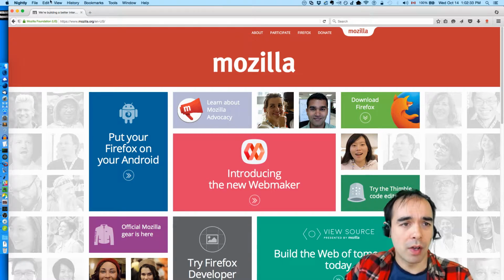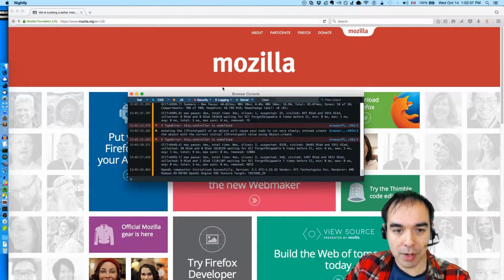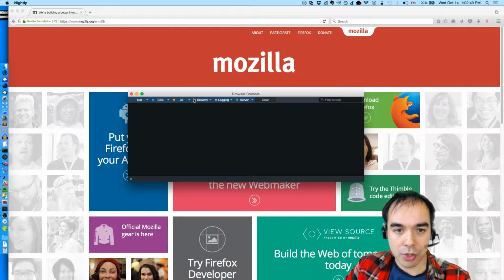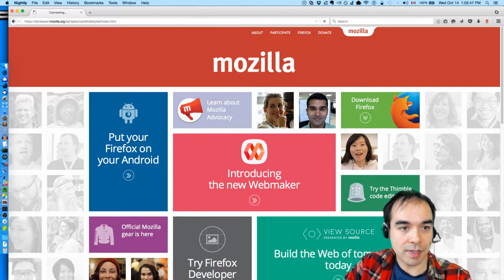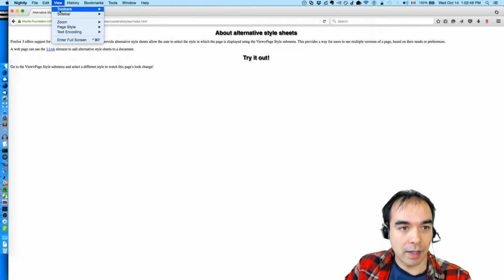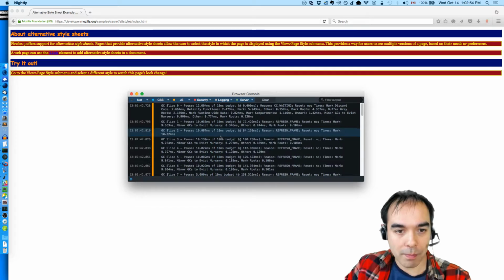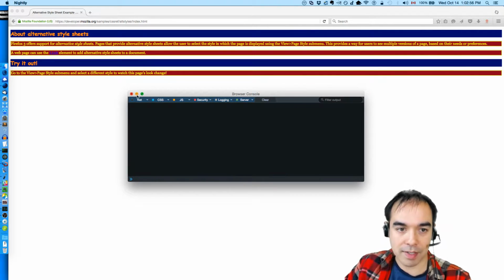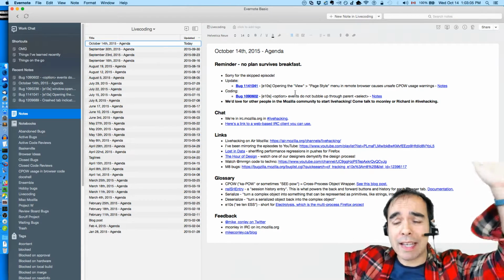And that works now. So if you look in your page style menu pop-up and you check your browser console, you shouldn't be getting any more unsafe CPOW warnings. If we were to go to the alternative CSS style sheet page and page style insane, no unsafe CPOW warnings. So that's good. That bug is fixed. And if you're interested in checking out the patch that I ended up writing, it's right here, 114.1041.